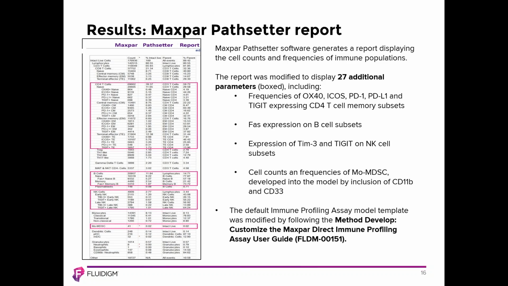For example, we are showcasing expression of OX40, PD-1 on CD4 T cells and its subsets. We can also look at FAST expression on B cells, etc. So this is a highly customizable model where the users can actually modify it to immediately see the parameters that